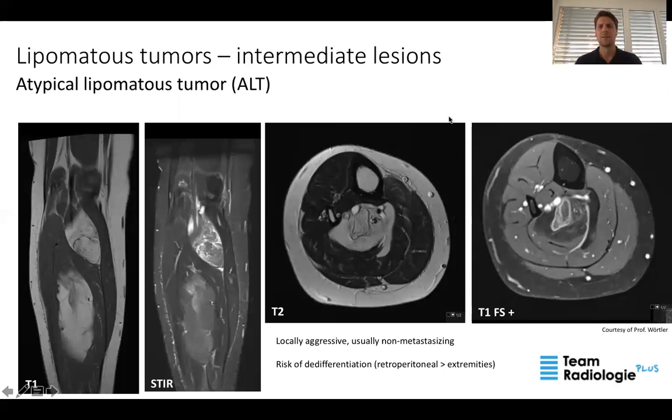So let's move on to the intermediate lesions. All lesions we saw before were benign, and the important entity in the intermediate group is the so-called atypical lipomatous tumor, ALT, which was formerly referred to as grade 1 liposarcoma. These tumors show locally aggressive growth, but they usually do not metastasize, and there is a certain risk that these tumors or these lesions can dedifferentiate into higher grade sarcomas, and this is especially the case when they are located